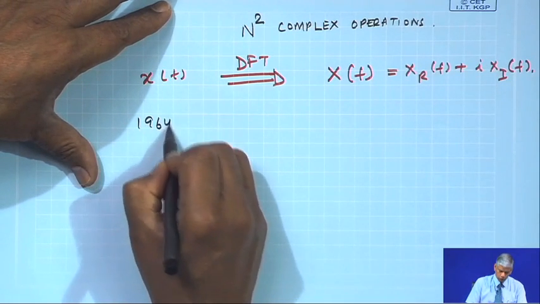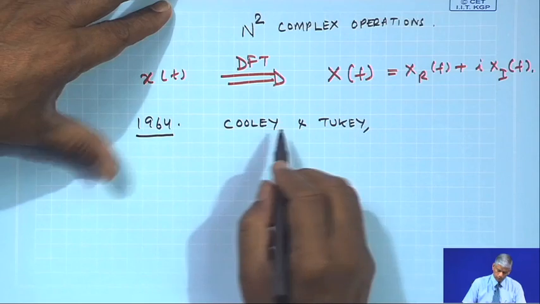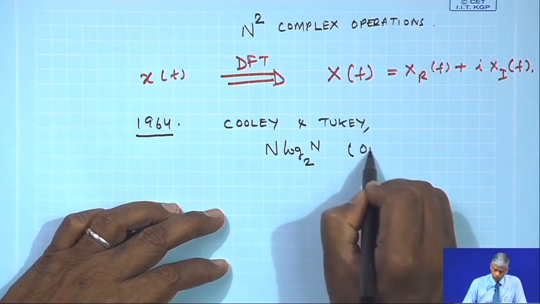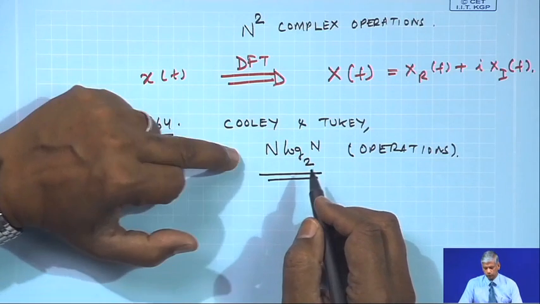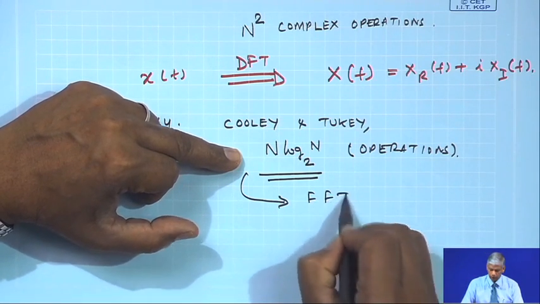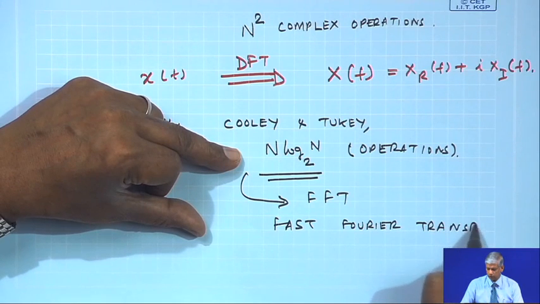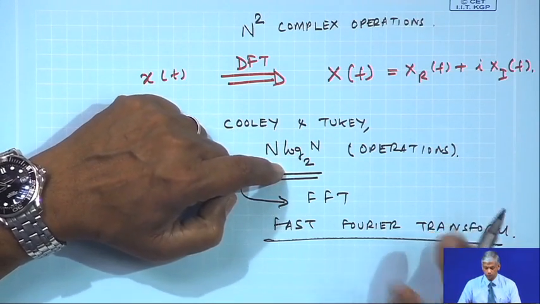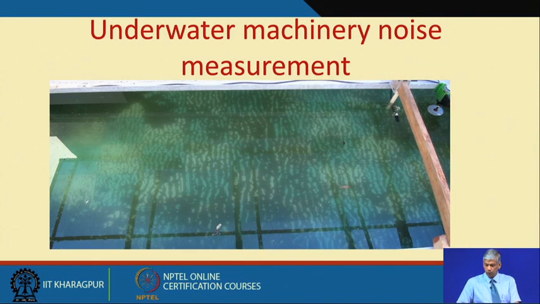Okay. So, in 1964, an algorithm was developed by Cooley and Tukey, where the operations were only n log to the base 2 n in number. So, when the number of data points was large, this required an insignificant amount of computation time, and this then came to be known as FFT, or the fast Fourier transform. So, nowadays any signal you get, you can do a fast Fourier transform. There are algorithms available based on n log n to the base 2, so that you can do the FFT operations. Okay. We will talk about the relationship between time domain and frequency domain in the next class, but this